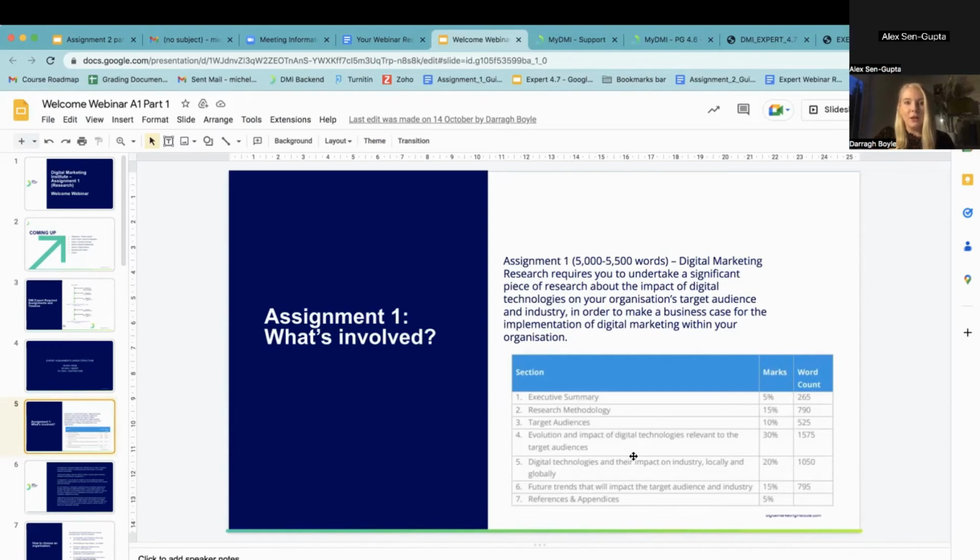In effect, also look into all those areas, and then you're also going to have to look at the future trends. What future trends are going to impact your industry? So for example, if you're a vet, wearable technology, digital, telemedicine, think about all the areas that are common to you and discuss those and research those. And we're going to go into that in the next webinar. So for this one, you're just worrying about your executive summary, your research methodology and your target audiences. And then we're going to go into the rest in the next webinar.